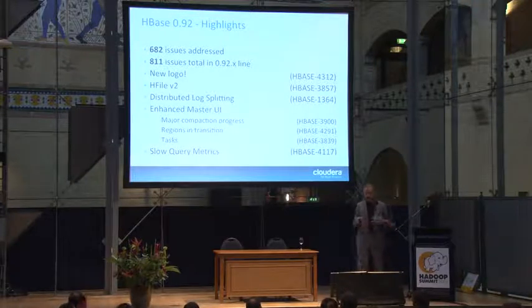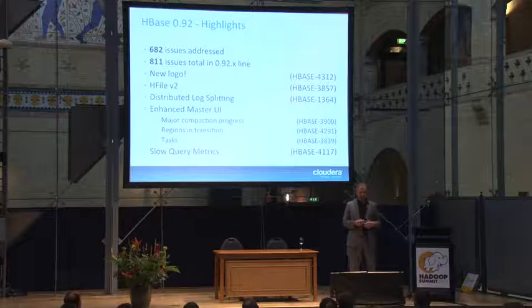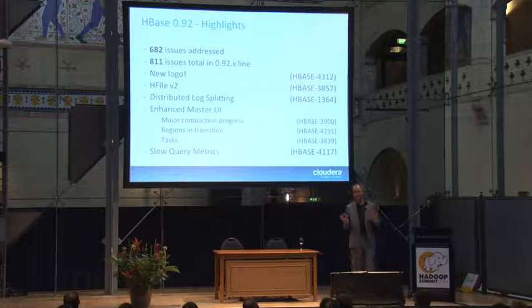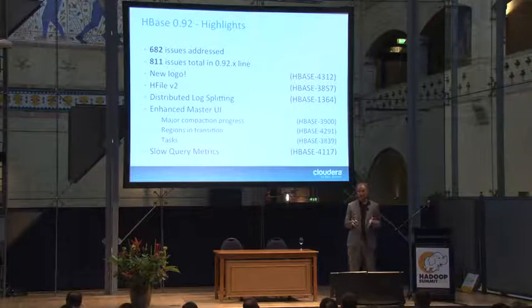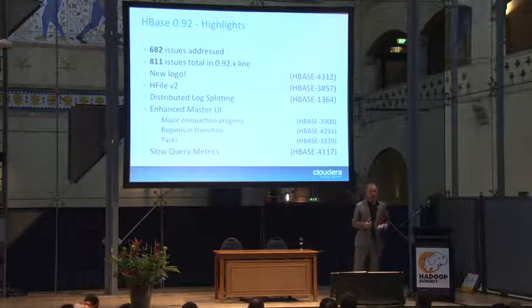We have also improved the master UI a bit in this version. You will see there's a bit more information there. 92 adds, for example, progress for certain actions that happen behind the scenes. In the past with 90, you would fly blind. You would maybe have some log entries that would tell you something is happening or something started, but this is for the hardcore people who look at logs and figure out what's currently working and what isn't. The worst thing with log entries is that they might only log the start but not the end. So you know it did something or might still be doing something, but you don't really have a progress.